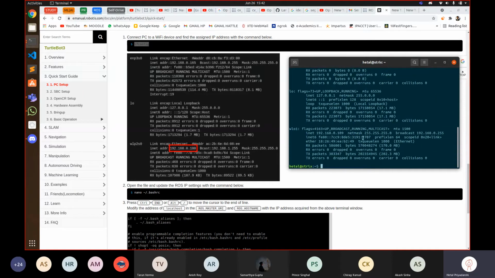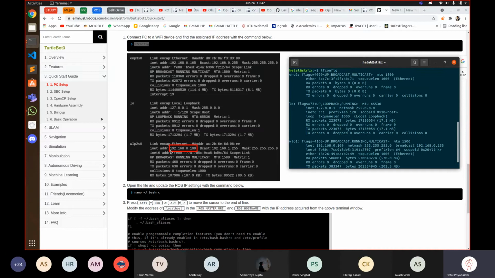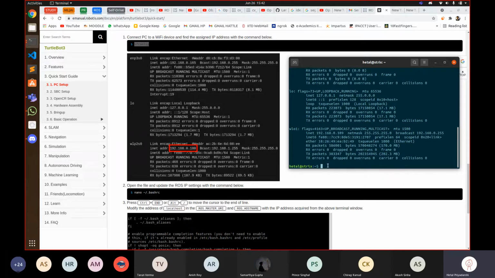Now you can see these flags, and in this you can see the inet address. It's here. My IP address, the first three parts are mostly the same for all, the last one is variable. For me it's 109. So what I'll do is copy this IP address and open my bashrc.